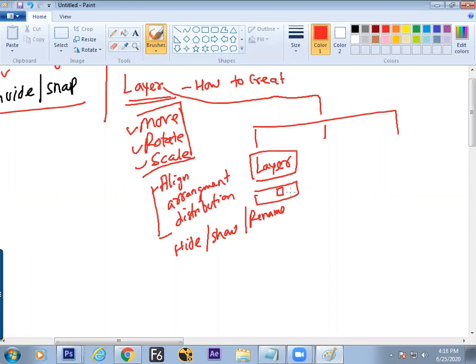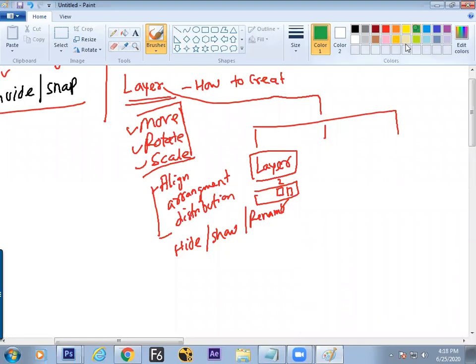This is the second button in the layer window. This is the button to click. So we have understood how to generate a layer with the help of the New Layer button. Now we'll learn how to create a layer in the second method.